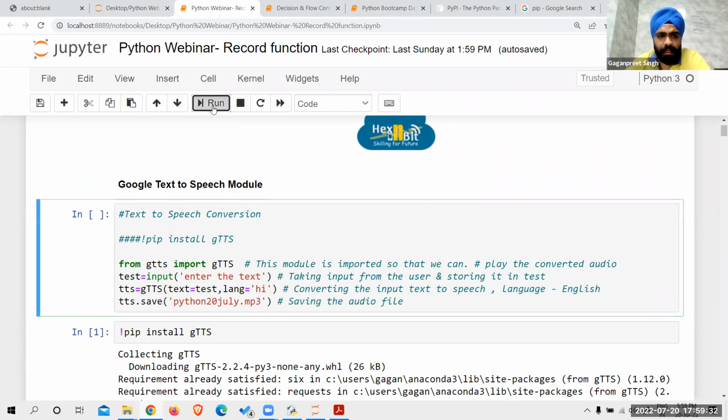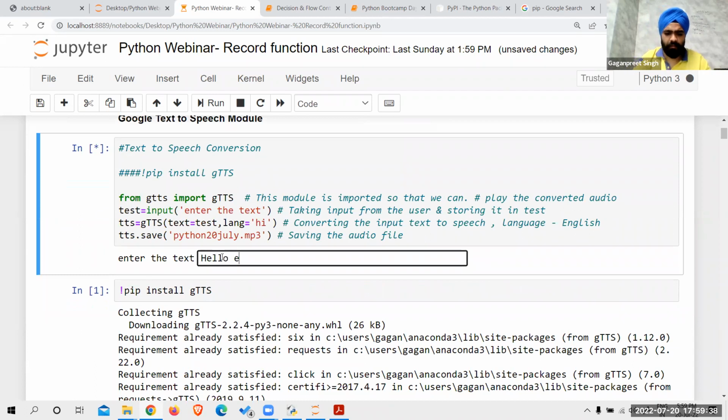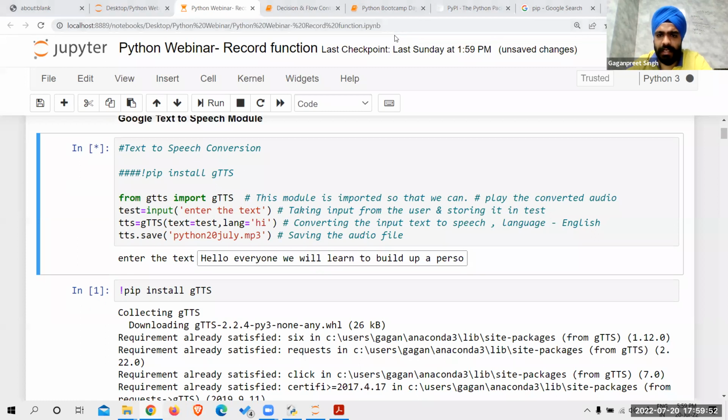It is asking me to enter the text. Hello everyone. We will learn to build up a personal voice assistant. This is the line I have written,